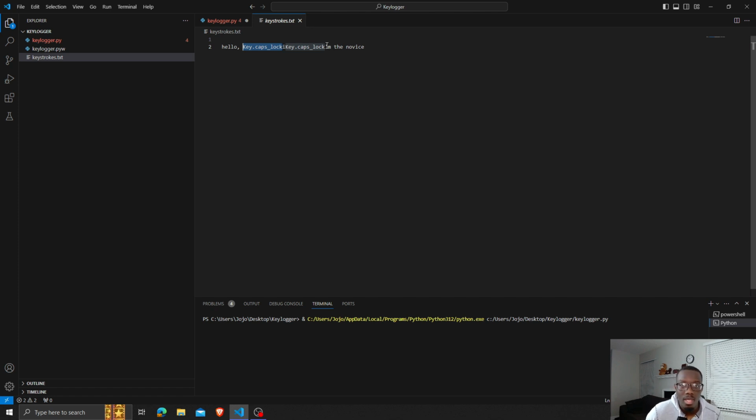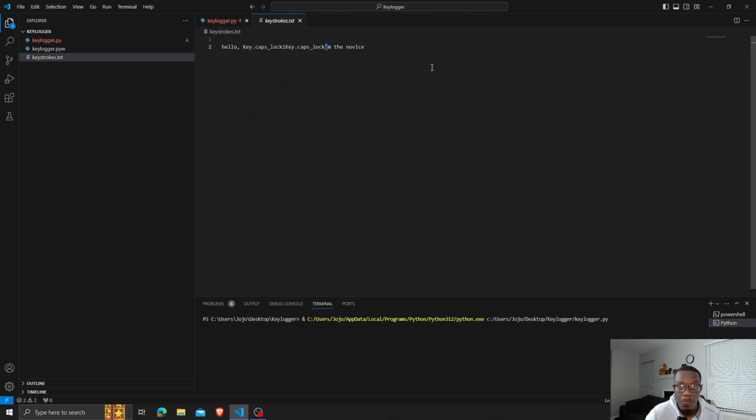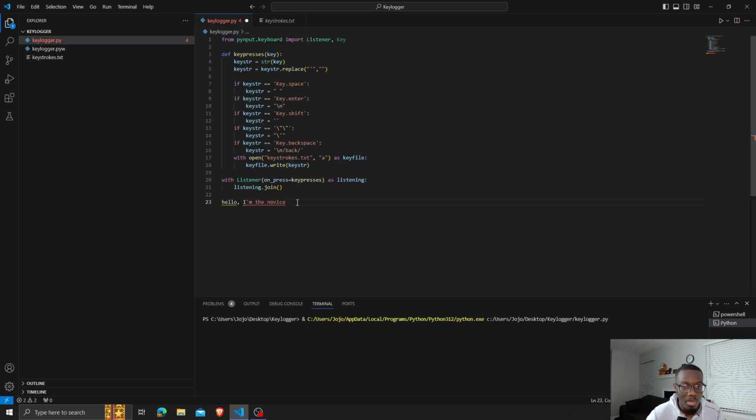Now, as I said, this also provides a way so that I can still see the apostrophe that I typed in without canceling out with this replace function. And I was able to space out everything. Whenever I pressed enter, this was entered in here too, and everything ran exactly as I planned. Now, that's pretty much it for this keylogger, but I plan on making another one, making some changes to this